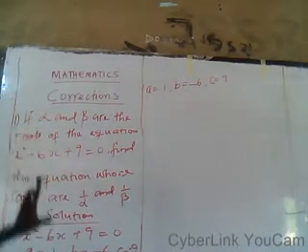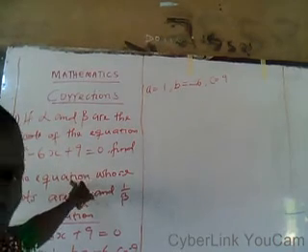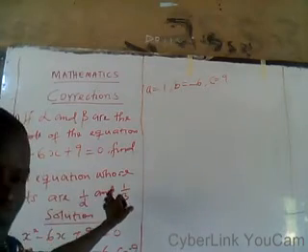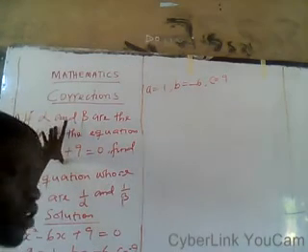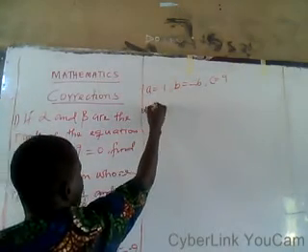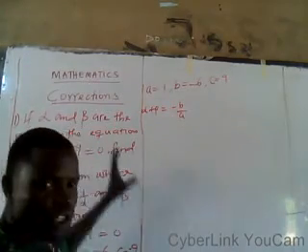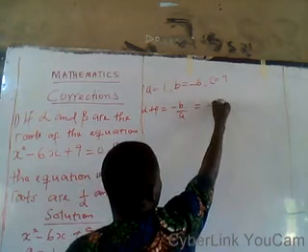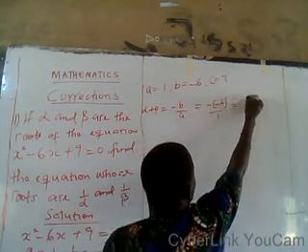If you look at the question, we are given alpha and beta as roots of the equation, then we are asked to find the new equation given 1 over alpha and 1 over beta as the roots of that new equation. So for this old equation, alpha plus beta equals minus b over a. That's for the old equation given. So we have minus into bracket minus 6 over 1, which is 6.